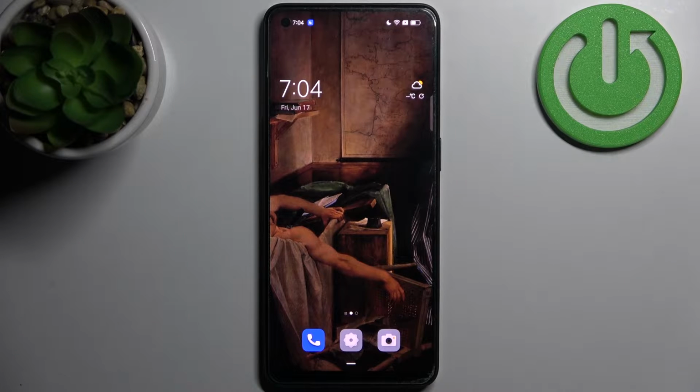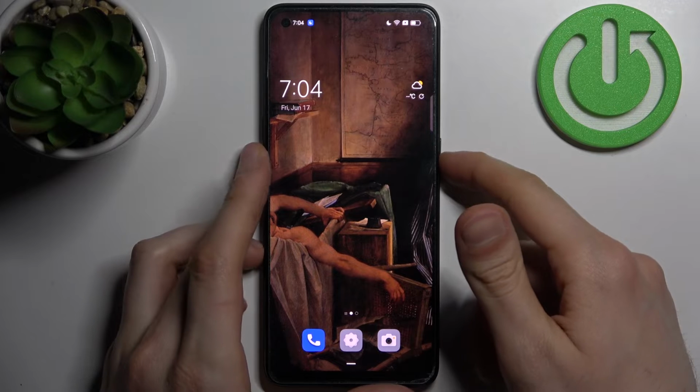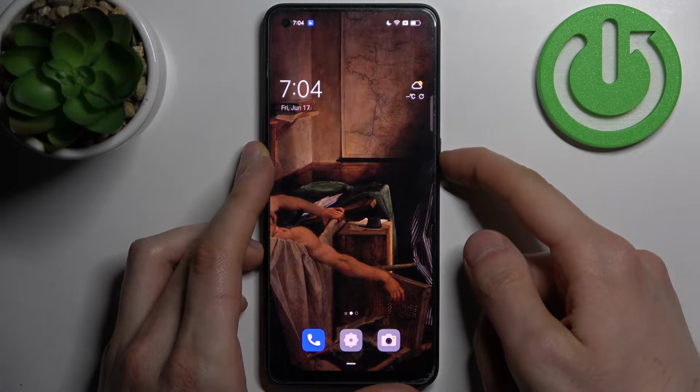Here I have OPPO Reno8, and today I'm going to show you how to enter recovery mode on this device. So firstly you have to turn off your OPPO Reno,